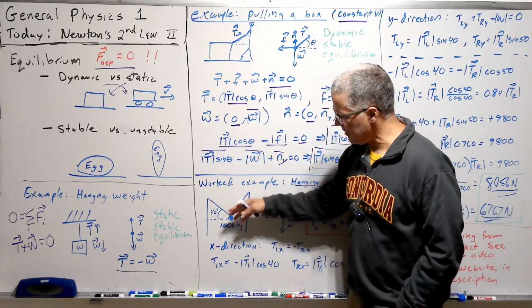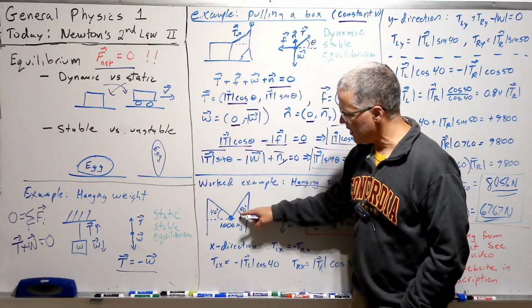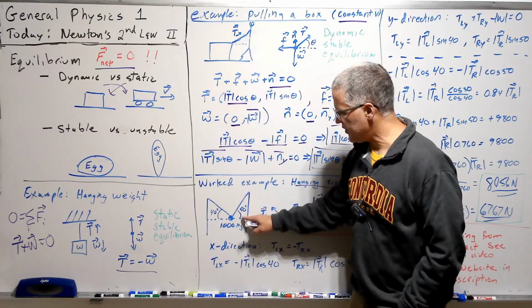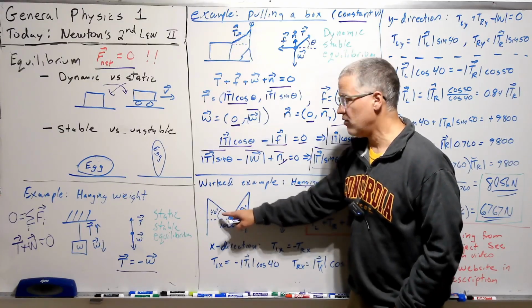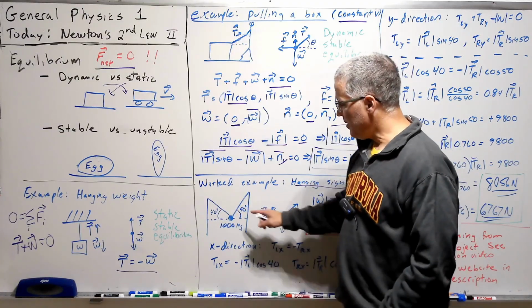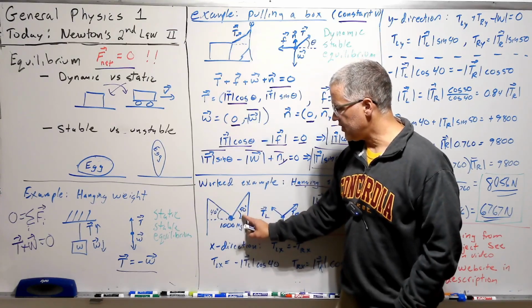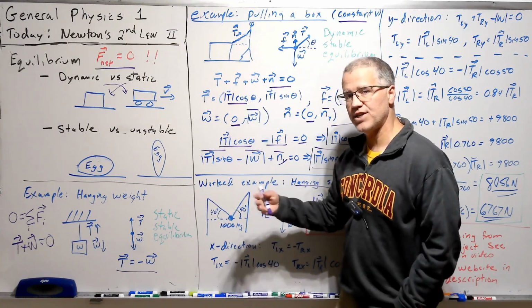The setup is in equilibrium, nothing is moving now, and if we take a protractor and measure this angle, we get 50 degrees here, and we get 40 degrees here. This is how it would commonly be given to you. Remember now, this is how we measure our angle when we're using our sine and cosine